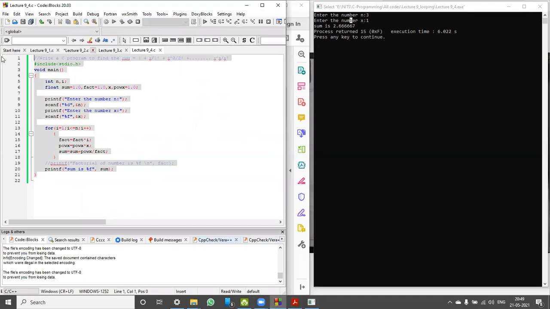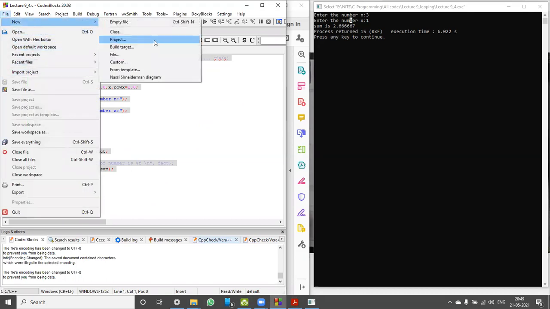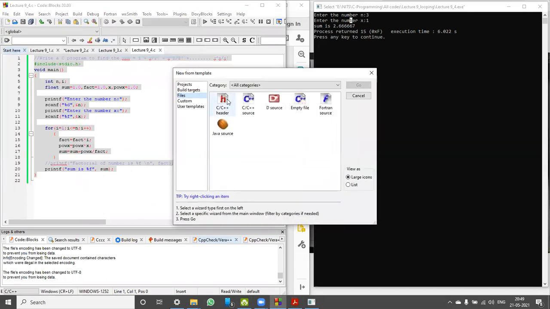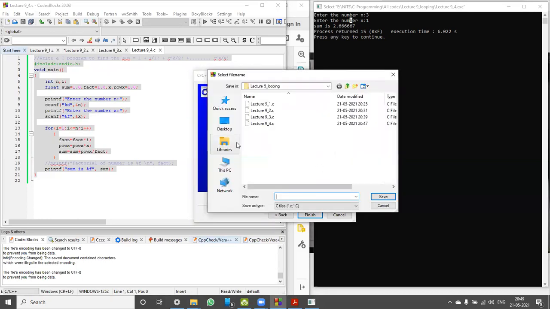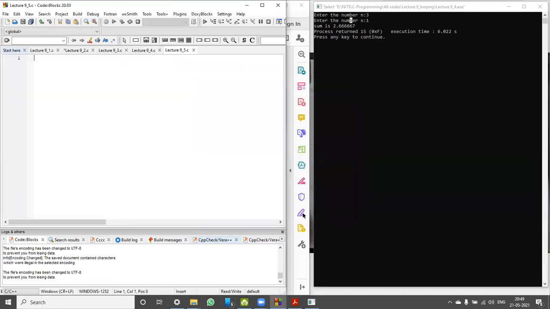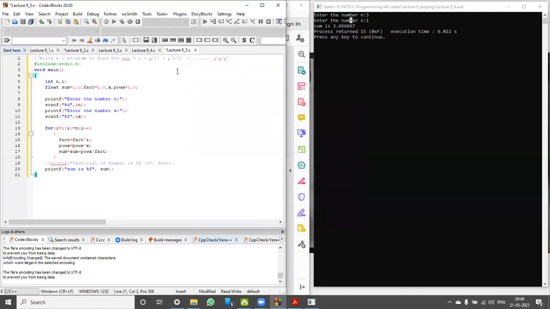copy this. Creating new file. I need minus there.